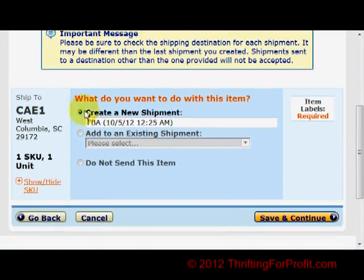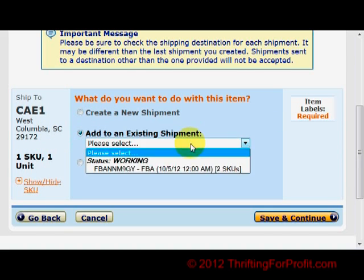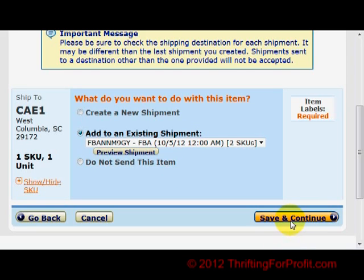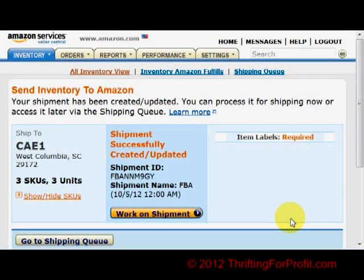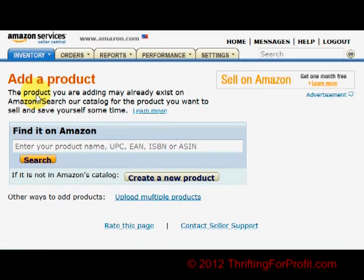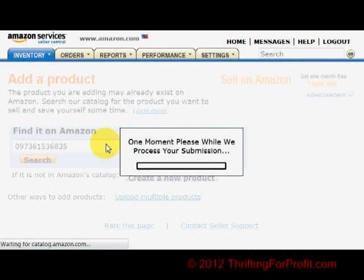Now this one's going to a different warehouse in Columbia. I can create a new shipment, or I happen to have another shipment going to Columbia, so I can select that so it goes into that same shipment and click Save and Continue. Now I have 1 more item to add for this example. I'm going to click there, scan my barcode,